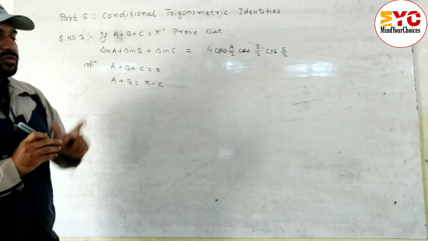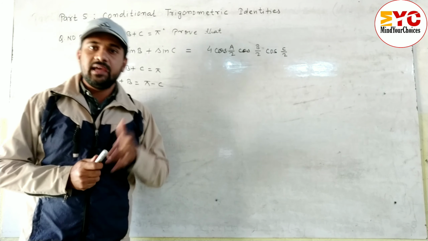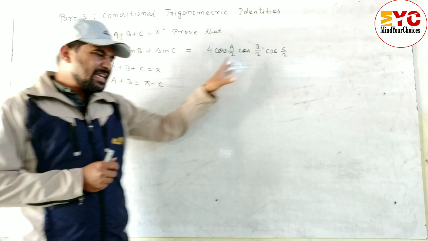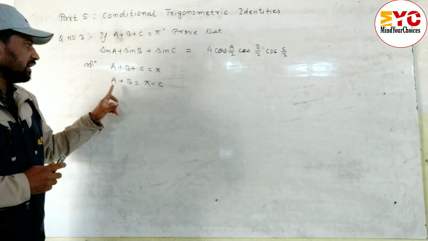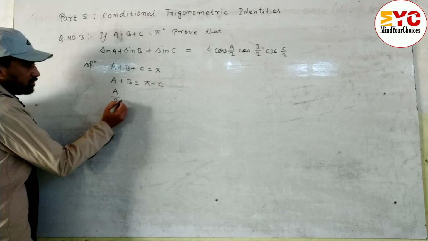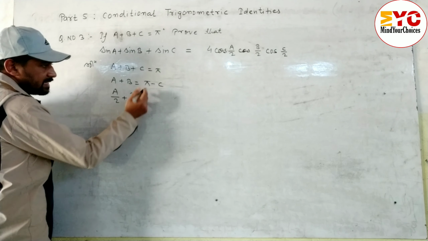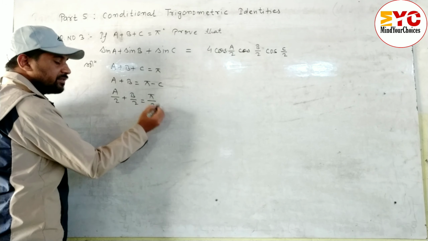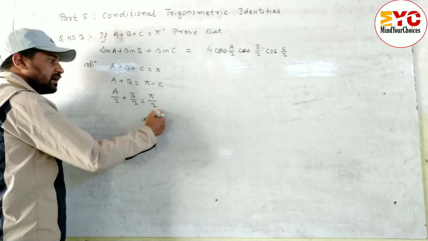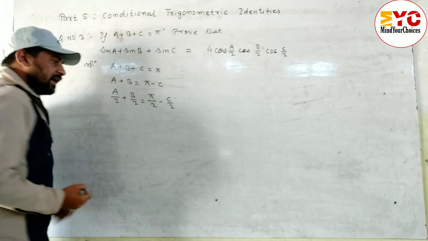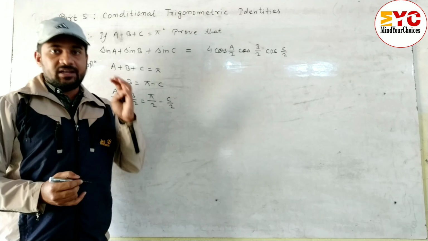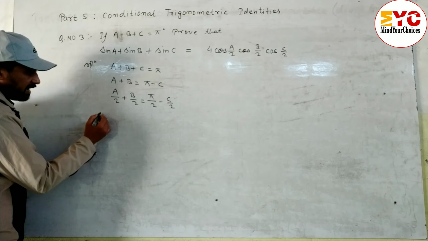After this we have to look at the RHS, and either multiply or divide. So here it is A by 2, B by 2, C by 2. It means we have to divide by 2 here. Here we have A, B and C only, so we have to divide by 2. A by 2 plus B by 2 is equal to pi by 2, you can write. Pi means 180, 180 by 2 means 90, also you can write pi by 2, same thing, minus C by 2. And after doing this much, you have to take sine both sides and cos both sides to find out the values of A plus B by 2.